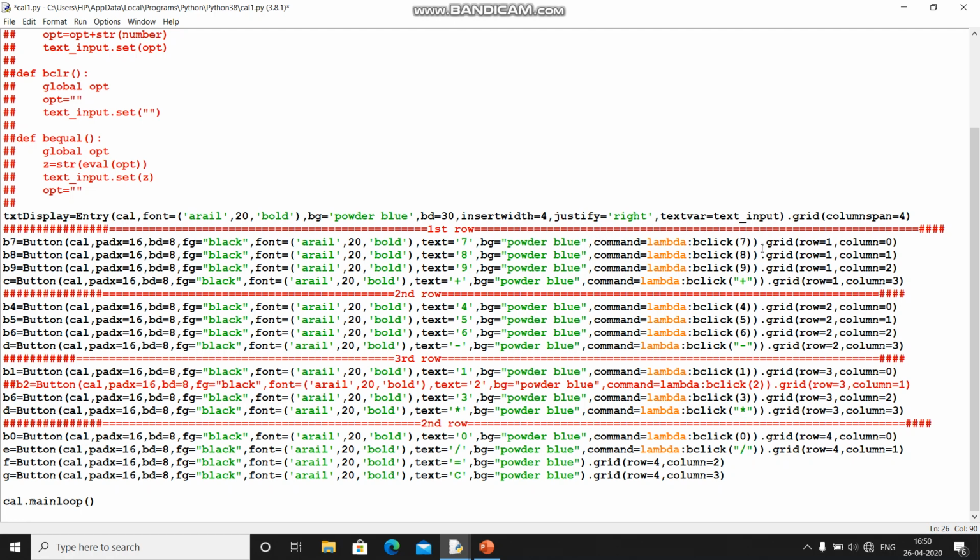And let's give the position to this button as grid row equal to 1 and column equal to 0. It is positioned at the first row and 0th column. Let's take all the buttons which we want to display on the calculator, save the program and see the output.